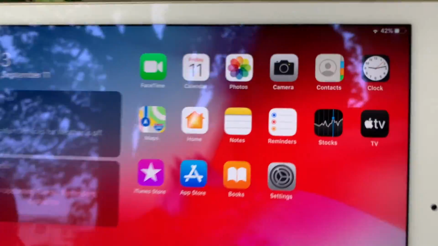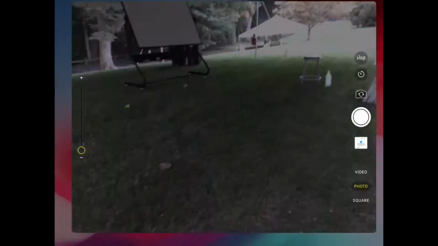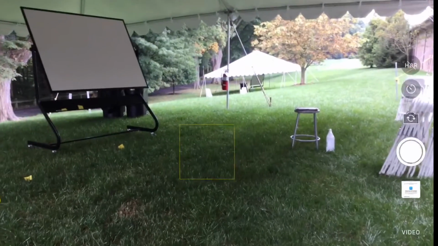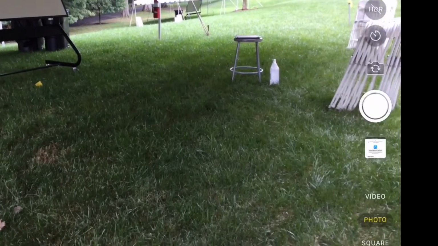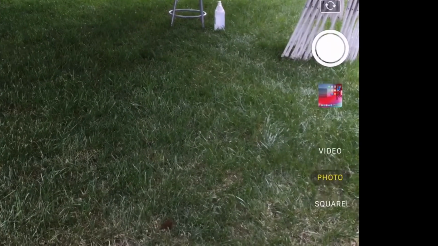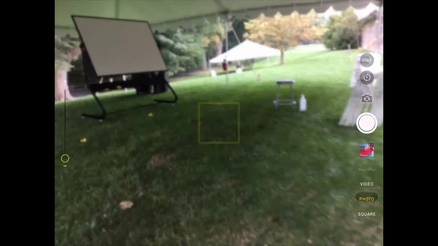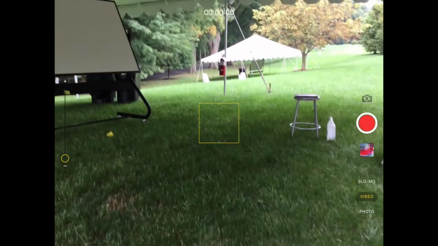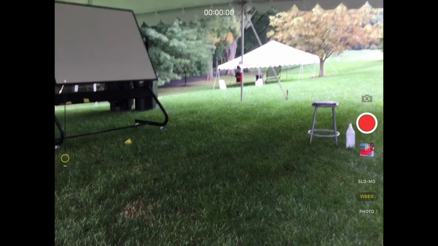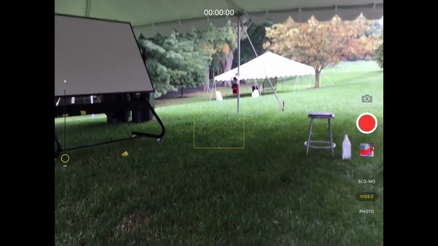Then all you need to do is open up the camera app on the iPad. With the camera app open, the first thing that you want to check is to make sure that you are in video mode and not picture mode in the bottom right. And if you are in picture mode, just tap video. You'll see when you flip over to video mode that your aspect ratio changes a little bit, so it's important not to set your tripod until you're in video mode so that you can see what your shot will look